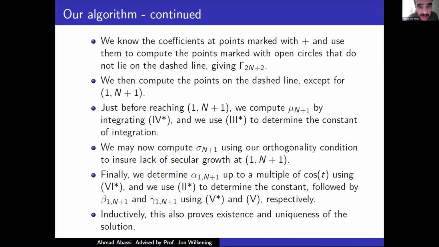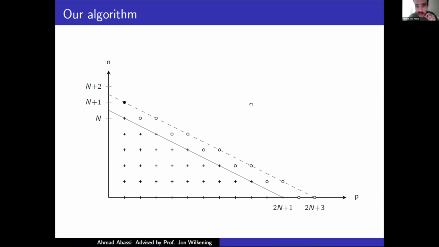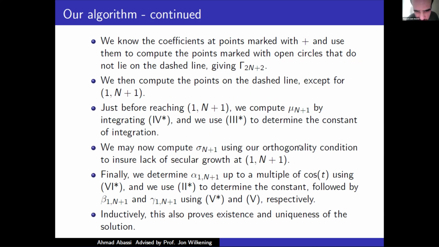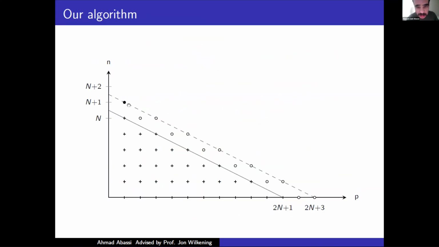And what we do is we start by augmenting level 2n+1 to level 2n+2 by computing the points that are on the line parallel to and between the solid and dashed lines, which the line connecting them isn't plotted. So we start computing them from left to right, bottom to top, since the order of the forces and the dependence dictates that this is possible. So that's just what we do first. And then what we can do is keep doing this for level Gamma_{2n+3}, only just before getting to the point that's marked by the solid bullet, P_{n+1}, we